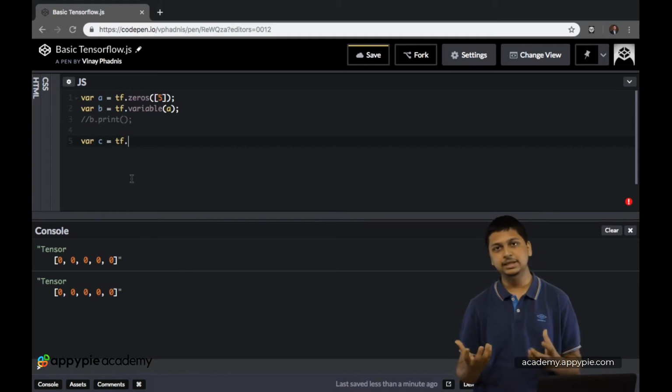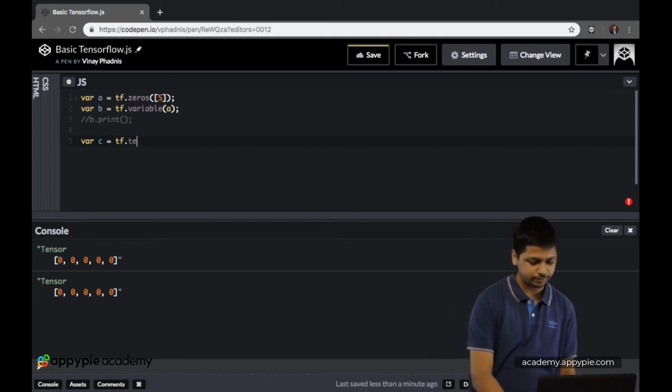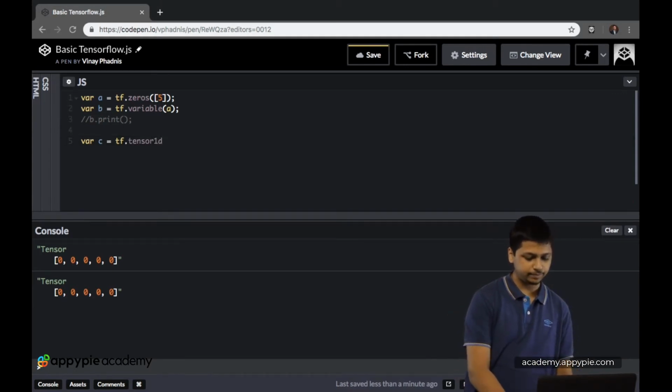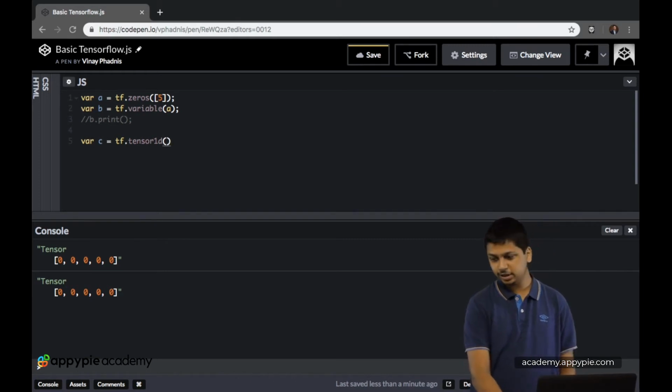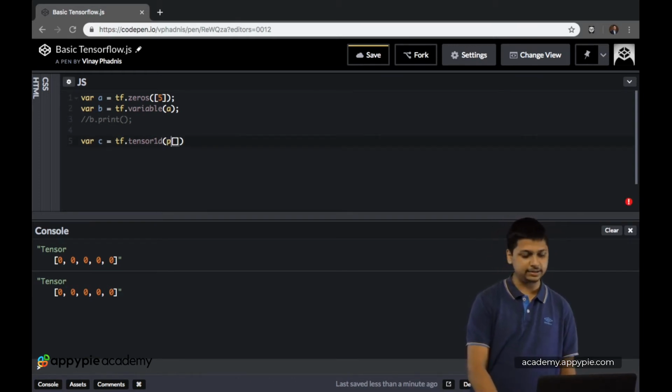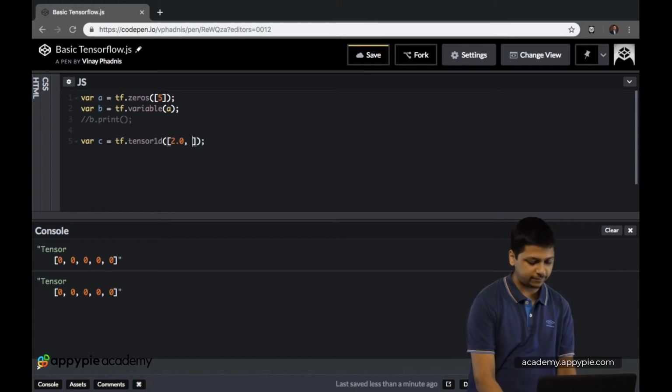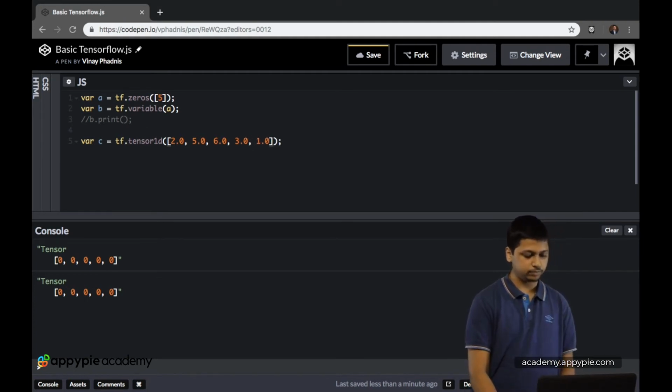So c is equal to tf.tensor1d. And now inside of the tensor1d, let's pass on some new numbers. Let's make this 2.0, comma 5.0, comma 6.0, and comma let's say 3.0. So these are 4 values, comma 1.0.